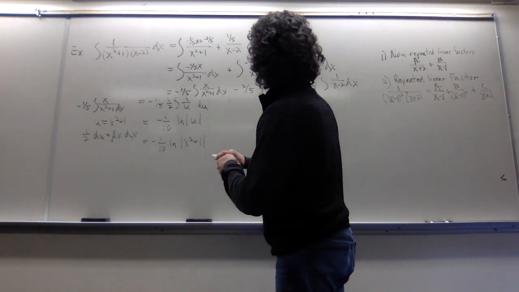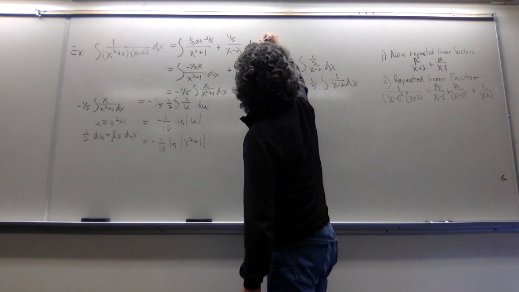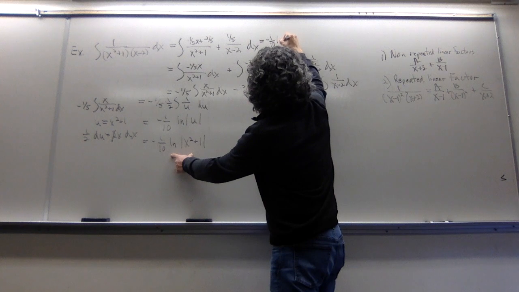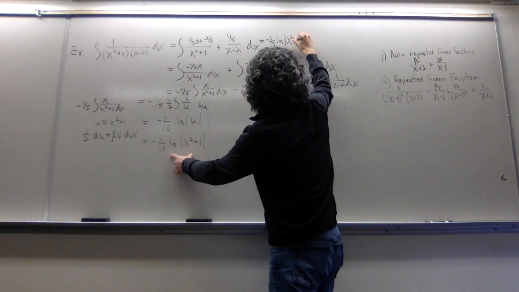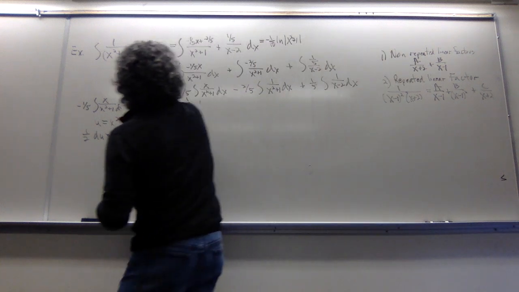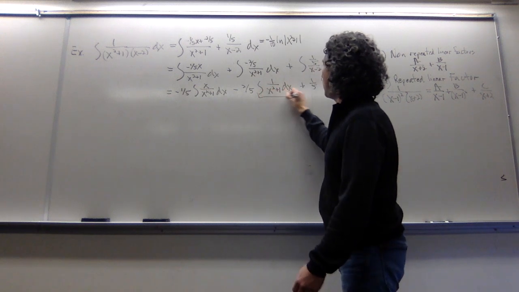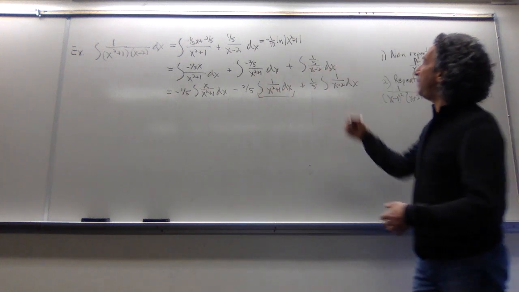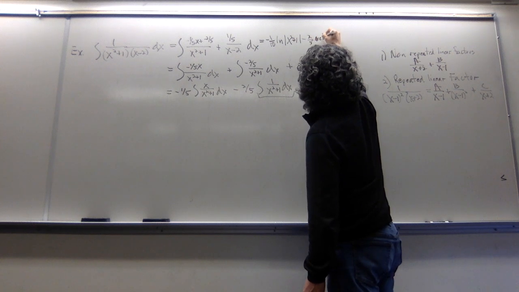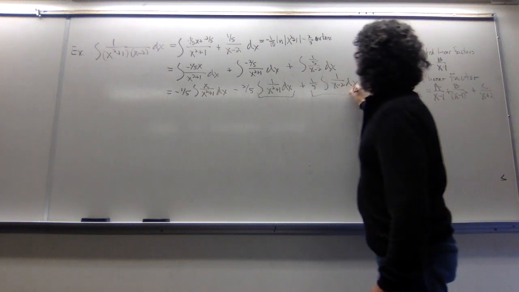Okay, so I think I'm going to do it a little differently than before. I've got a lot of information on the board, so let me start filling things in here. We have minus 1/10 ln the absolute value of x squared plus 1. And let me take care of the second guy. Well, actually, the second guy is already taken care of, as I said. That is just a basic formula. So minus 2/5 arc tan of x.